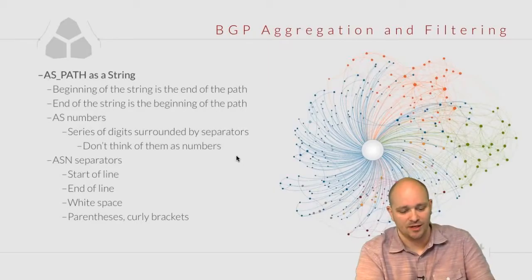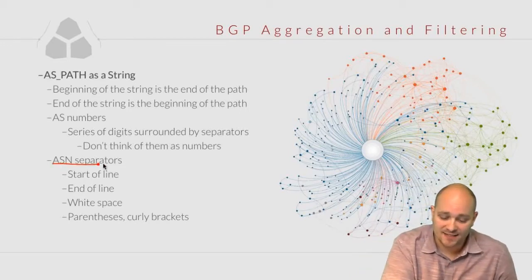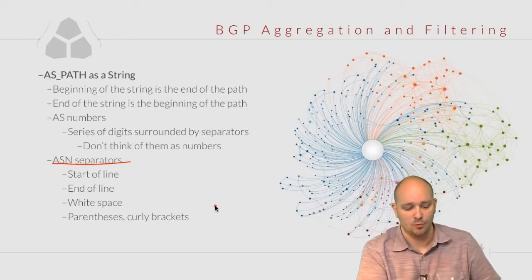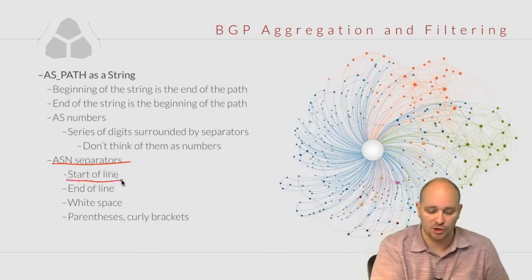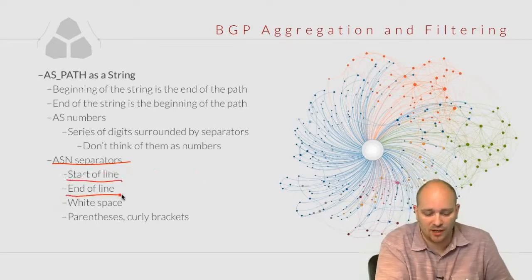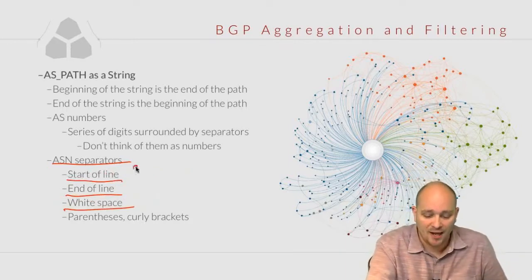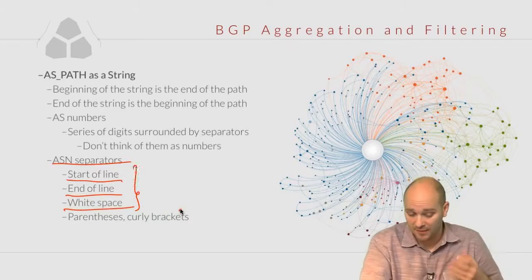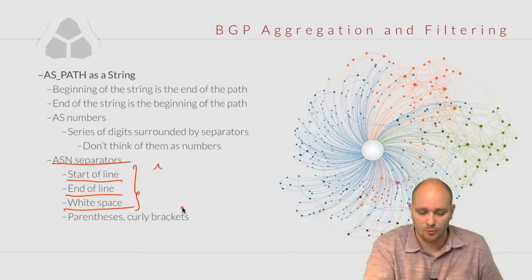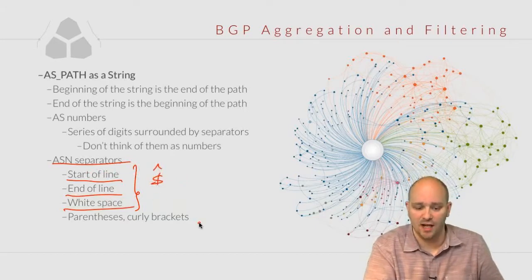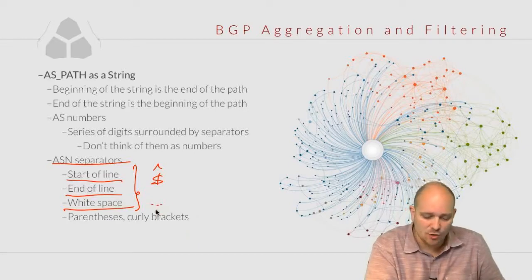the autonomous system separators. So what are the ASN separators that we can use in the AS path? Well, there are a couple of them. Start of the line, it's a separator. End of the line, it's a separator, or the white space, it's also a separator. Now, all of these can be matched individually. We can match start of line with the caret sign. We can match end of the line with the dollar sign, and we can match white space by simply typing a white space. But that is going to be challenging in iOS, so what we can use is underscore